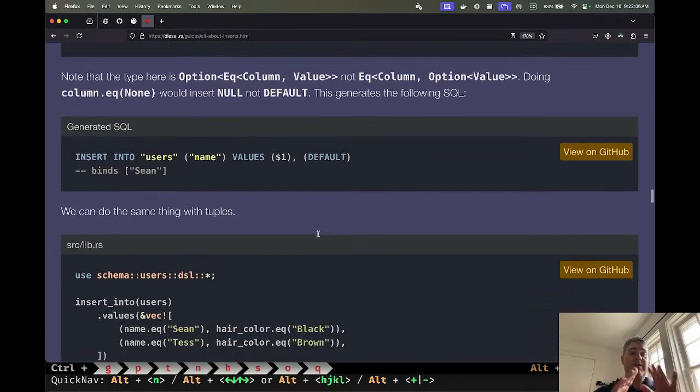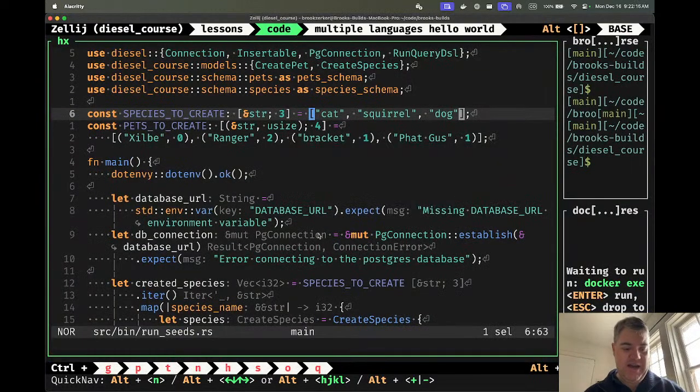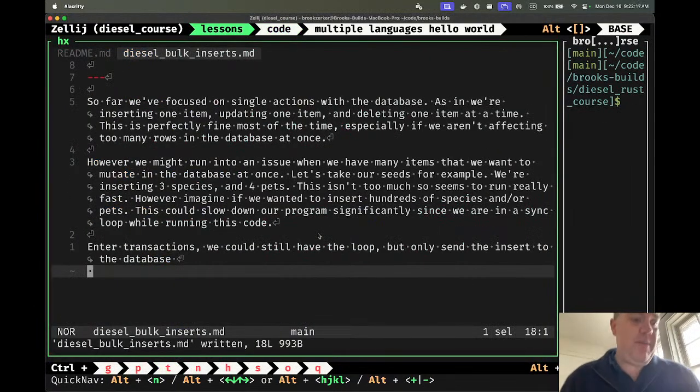Oh, okay, so this means it will be faster because it is one transaction that is sending it. It's not going to send it per loop and then set that up. Okay, so we are good here. I am going down the right path. So enter transactions. We can still have the loop, but only send the insert to the database